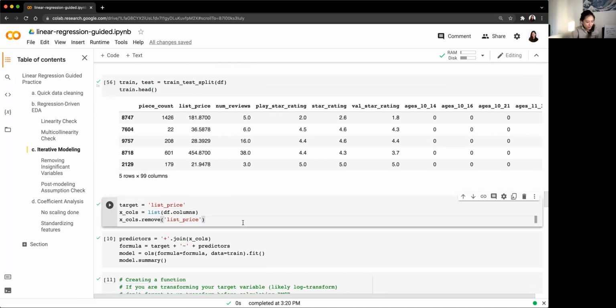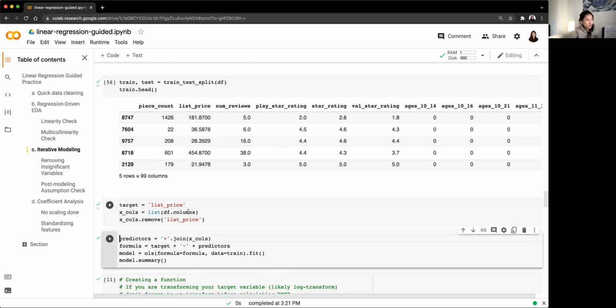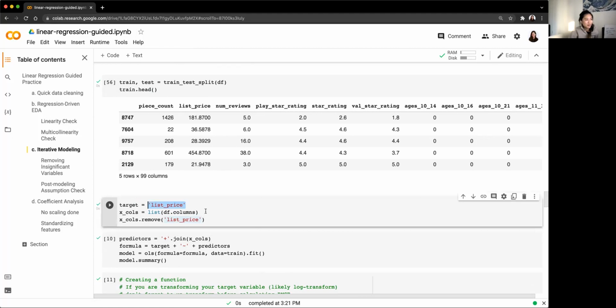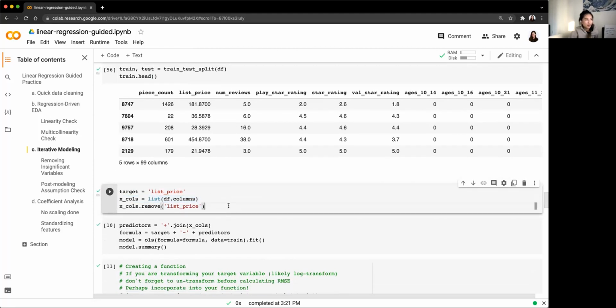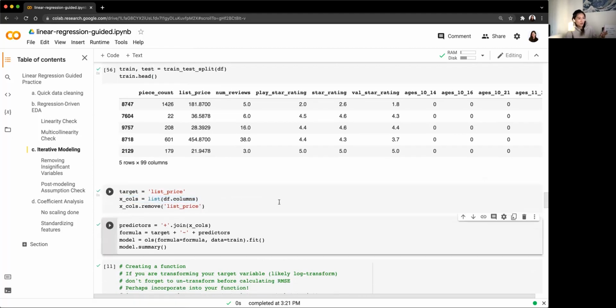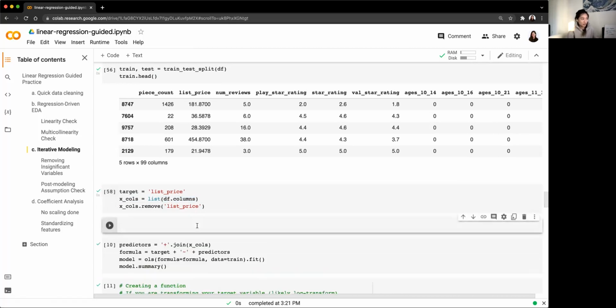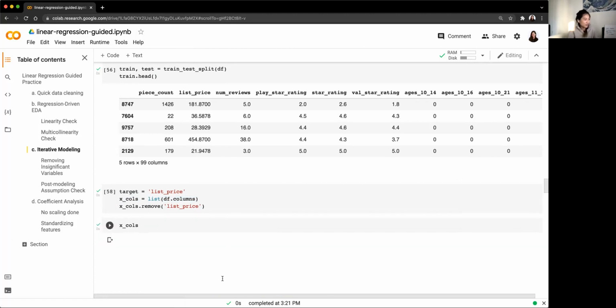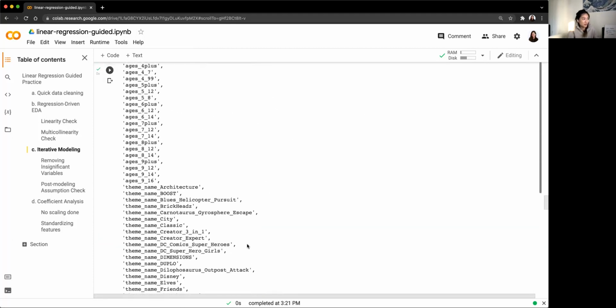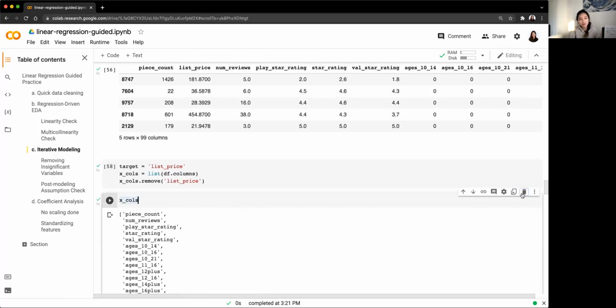So to do that, a little bit of preparation. The target is list price. I'm just going to make a list of my columns and remove list price from that. The purpose of that is so that we can set up the formula for linear regression. So we have X cols. These are all of the X columns that we're going to be using, and we need this to set up